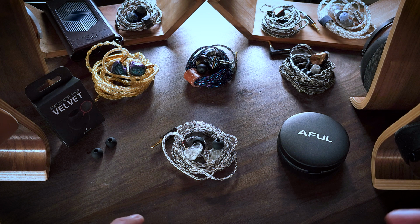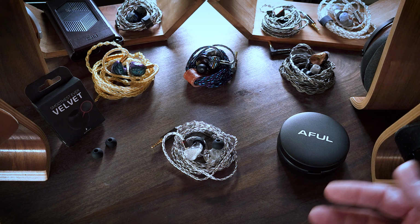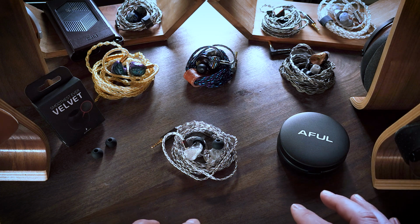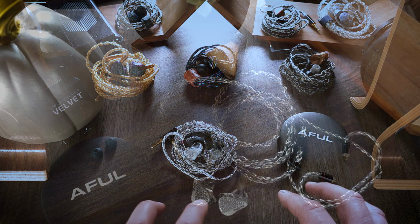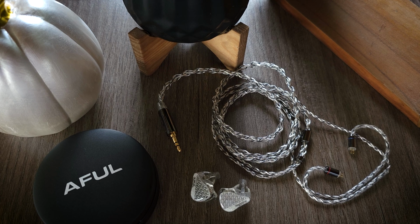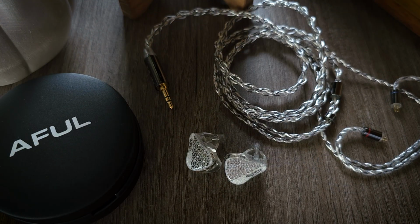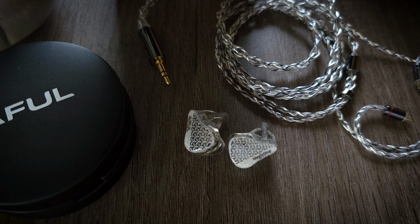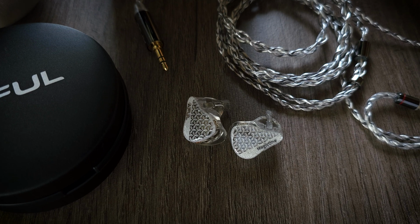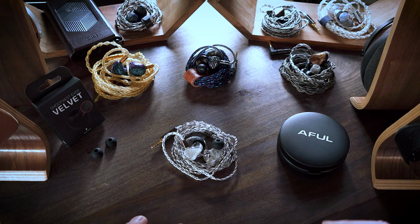And also, depending on the recording, certain recordings can reveal the treble's lack of refinement and kind of expose its flaws. But that's not the case with the Magic One. And I would say this is probably the best detail I've heard at this price point. Yes, even better than the Galileo, although I do still prefer the overall tuning of the Galileo. And not only do you have controlled and detailed treble, you also have good treble extension, which means good amounts